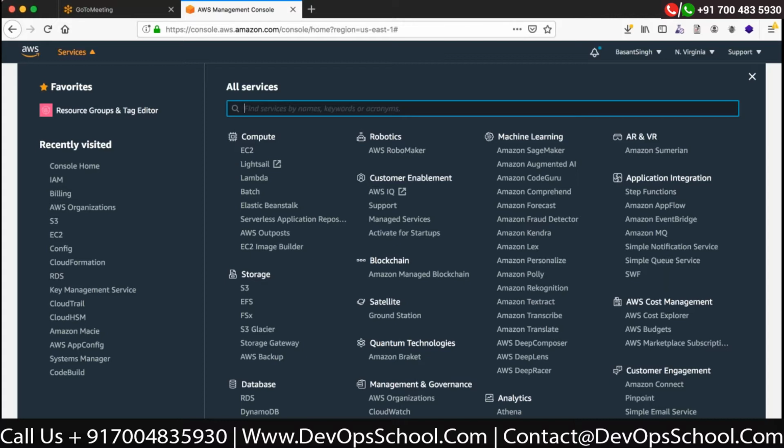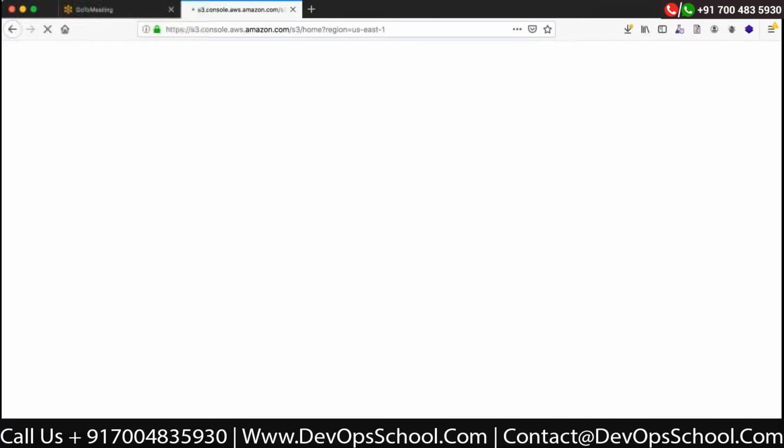You can correlate it with Google Drive. You have a Google Drive where you can upload your photos and create folders, right? Similarly, on the AWS cloud, we can store lots of data, and that comes under S3. If you scroll to the top, you will see it is a scalable storage in the cloud. S3 stands for Simple Storage Service. So when you click on the S3 service, you will